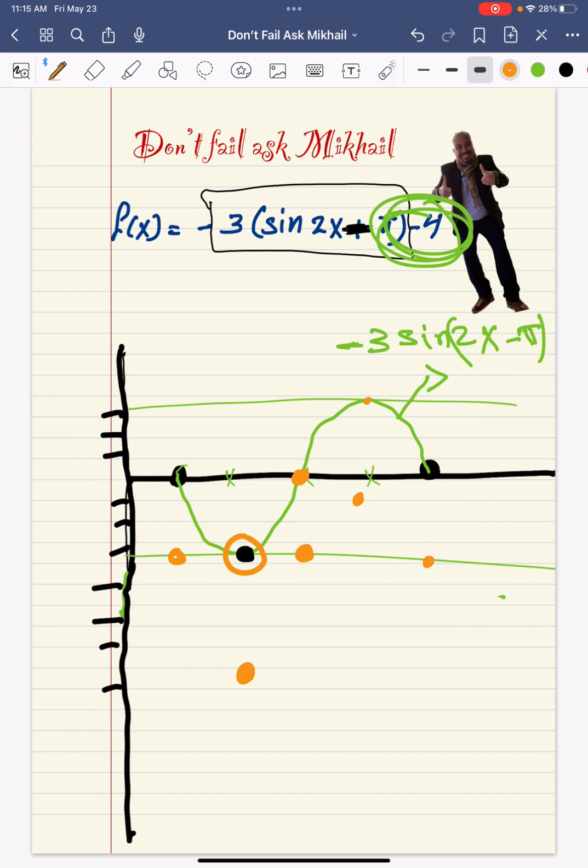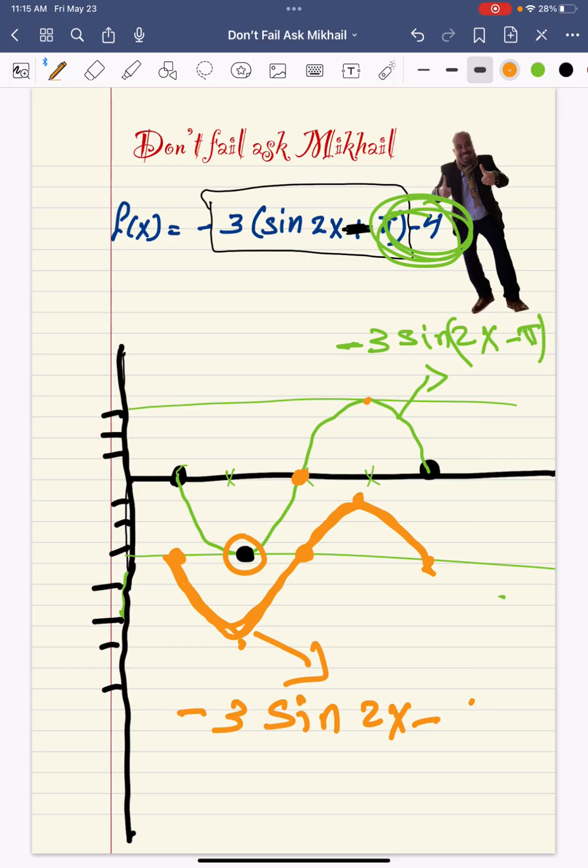If you go 4 units, that's negative 1. So that graph that I have now in orange is negative 3 sine of 2x minus pi,